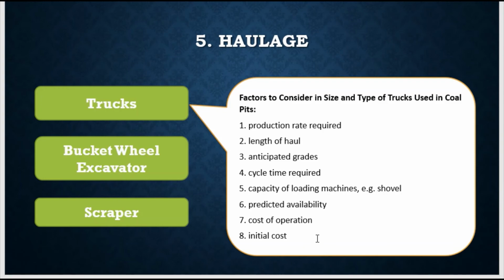So, that is what predicted availability means: how often it is maintained and how often it is available. It also depends on other factors that we consider. Okay? So, next